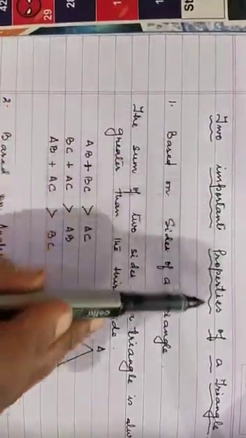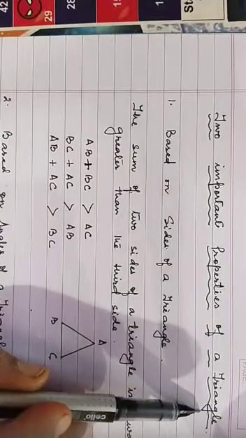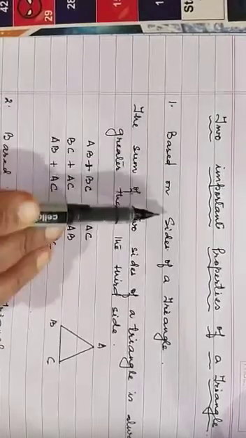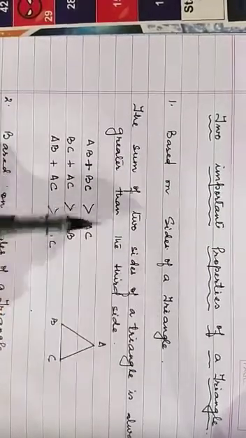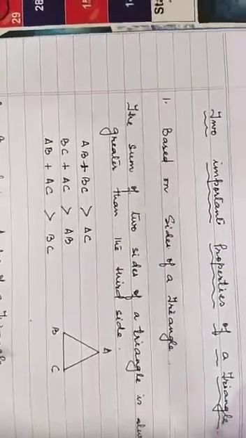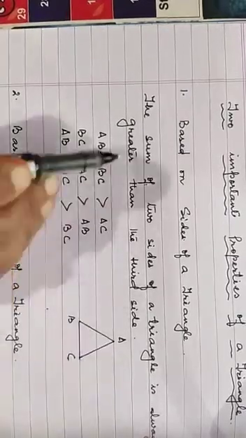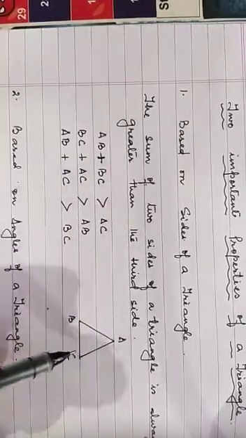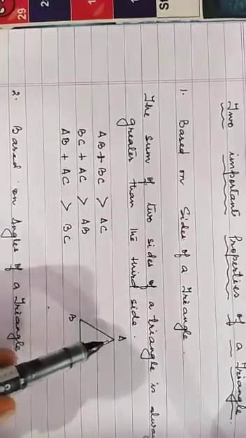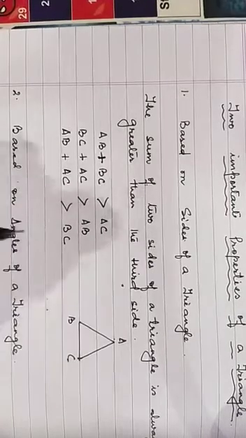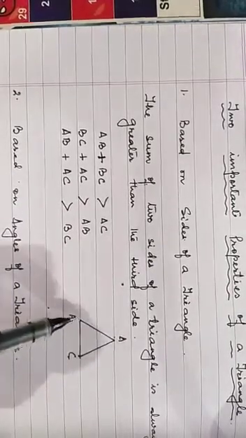Now, two important properties of a triangle. The first important property is based on the sides of the triangle. Any triangle you take, A, B, C, P, Q, R, D, E, F, any triangle and in any form, either it is equilateral or scalene or isosceles, any type of triangle. In triangles, the sum of the two sides is always greater than the third side. Sum of the two sides means if AB and BC I sum up,